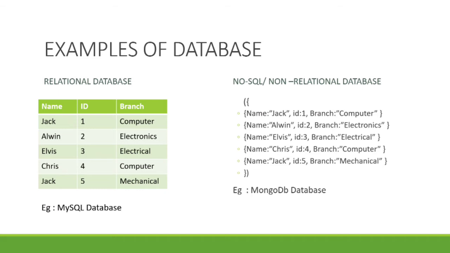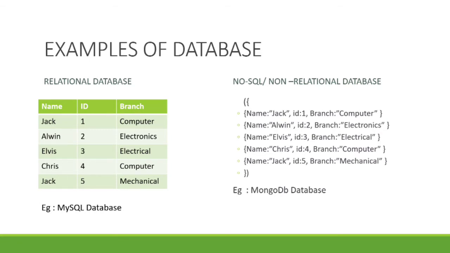Now let's look at the examples of these databases. So on the left hand side, you can clearly see a table is present. So that signifies that it is a relational database. So the database is of the students who are enrolled in a college. So you can see that each row is giving us a data of any single person. So you can see the first row shows the name of Jack. Then the second column signifies the IDs of different students. Similarly, the database is maintained in a very systematic manner.